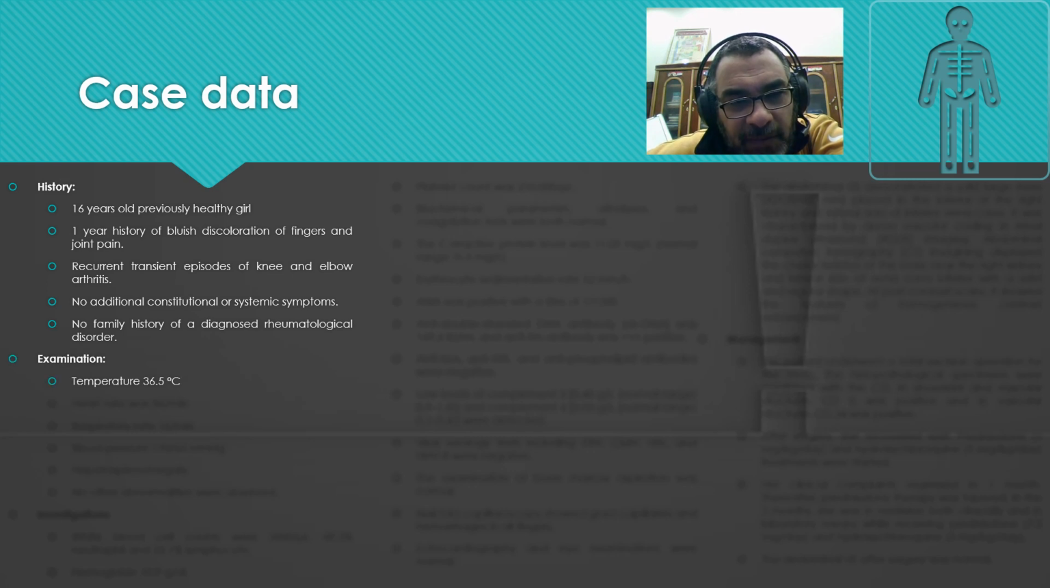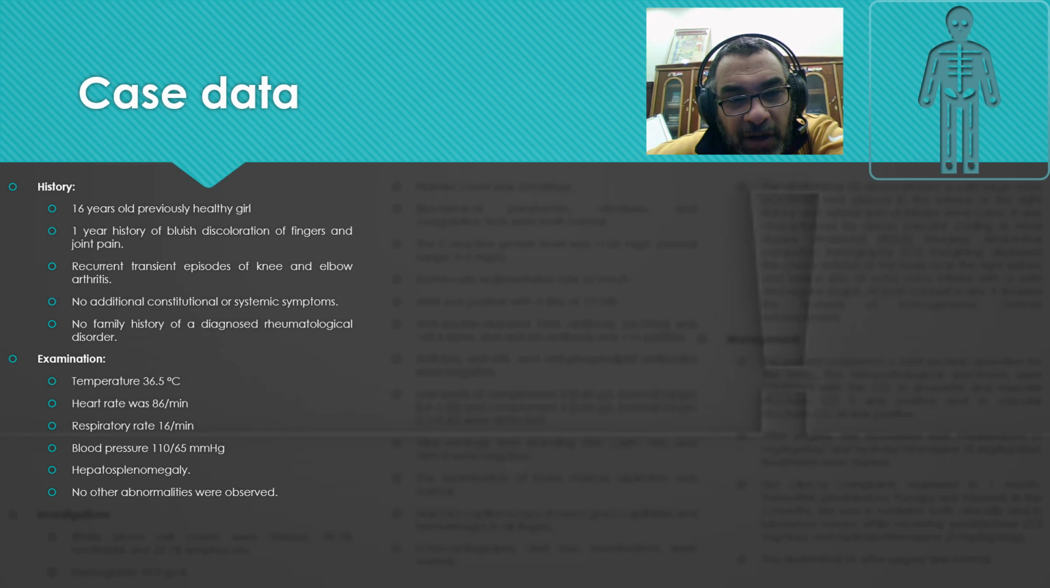Examination showed temperature within normal, 36.5, heart rate 86 per minute, respiratory rate 16 per minute, blood pressure 110/65 millimeters of mercury. There is hepatosplenomegaly detected by clinical examination, but no other abnormalities were observed. Investigations showed